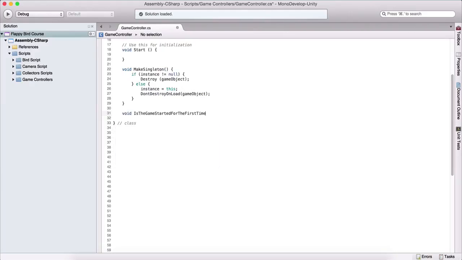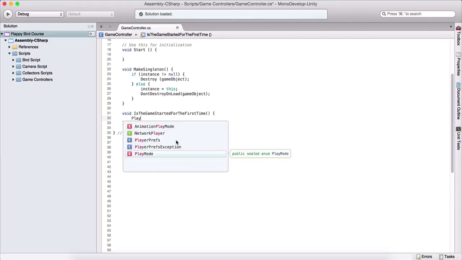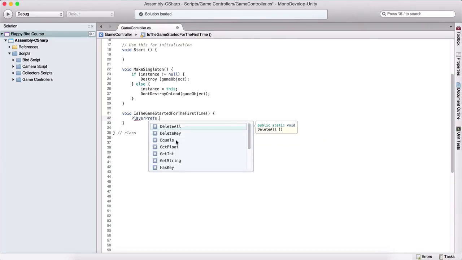So now we are going to create a function which is going to be called is the game started for the first time, because we need to set initial values for our variables if we are starting the game for the first time. We are going to use something called player preferences to store our data. And player preferences enables us to store data in a key value pair. So just for demonstration, we will write player prefs dot, and we are going to say, for example, set int,